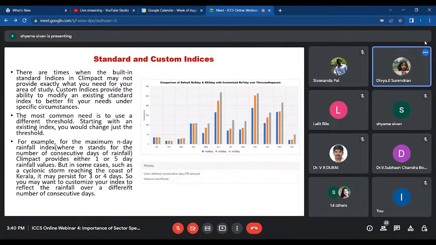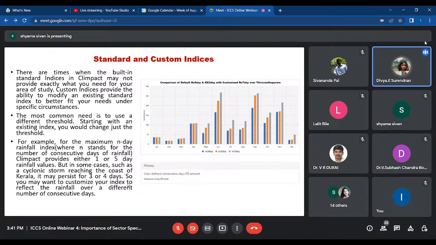So here you can use 3-day or 5-day consecutive. If there is precipitation on 3 consecutive days, what is the accumulated amount of precipitation for those particular 3 days? Similarly, the consecutive 5 days. Suppose a person wants to do another study, there he needs not 3 days or 5 days, but a different requirement. So this will help to calculate the